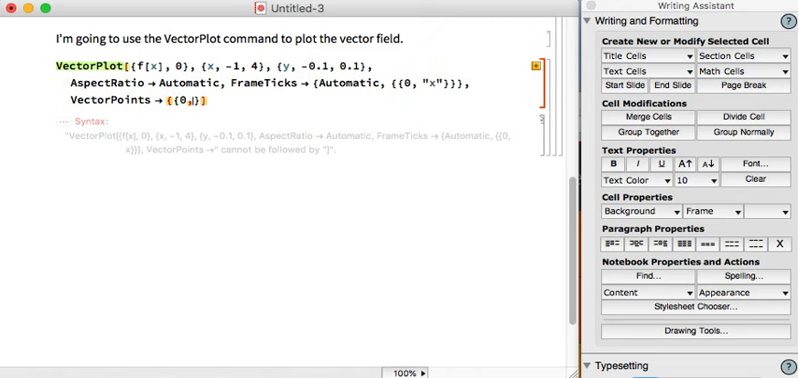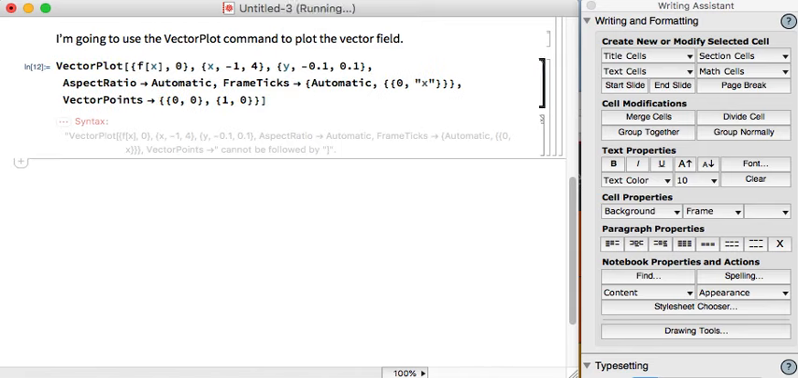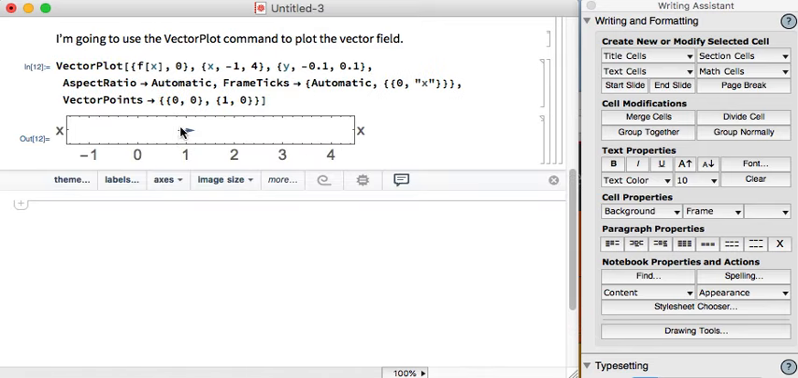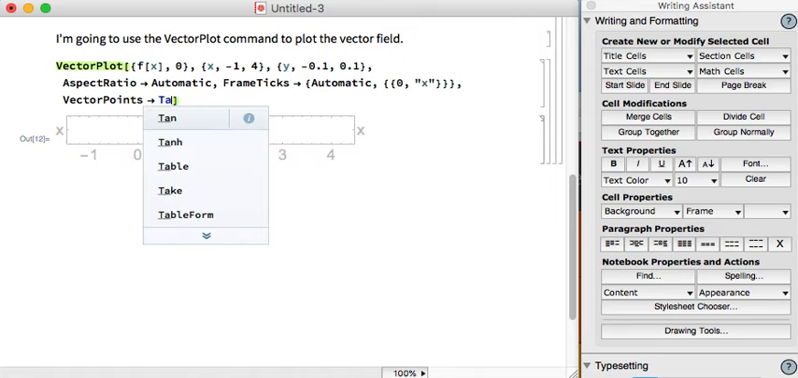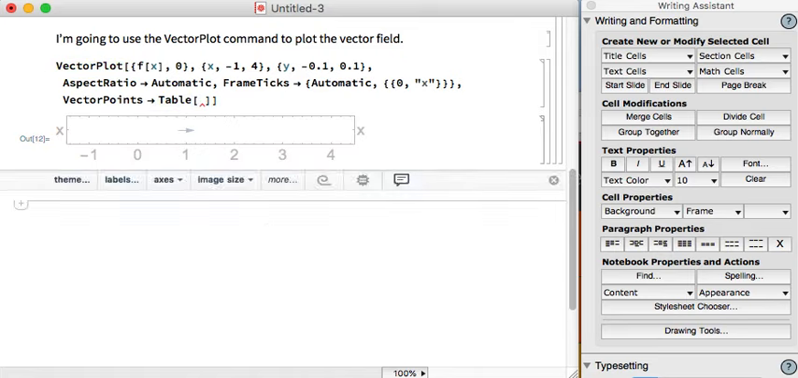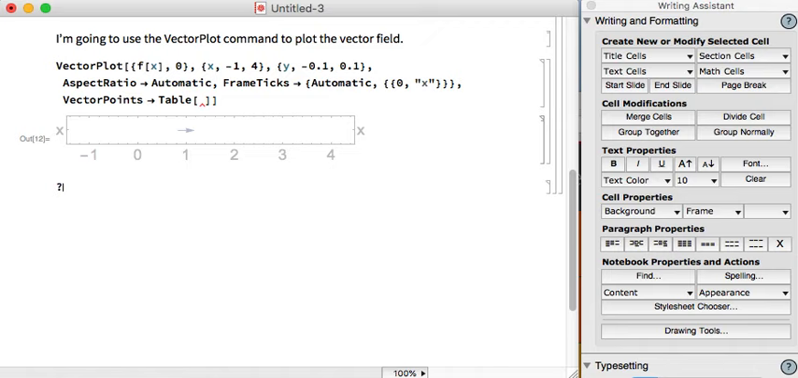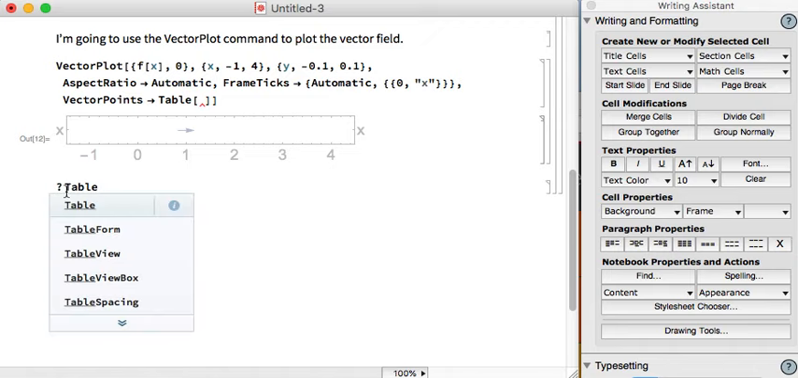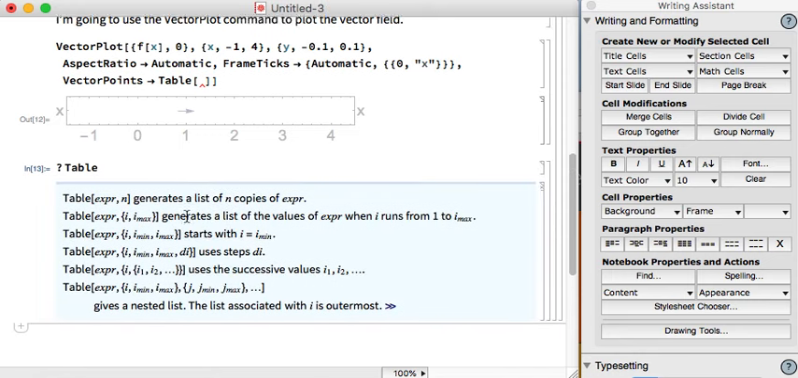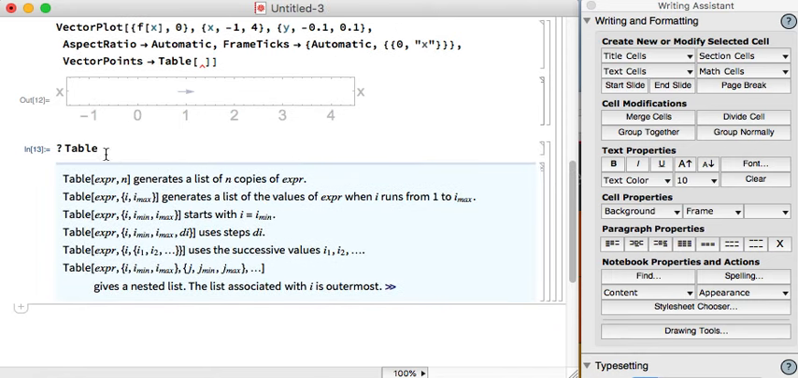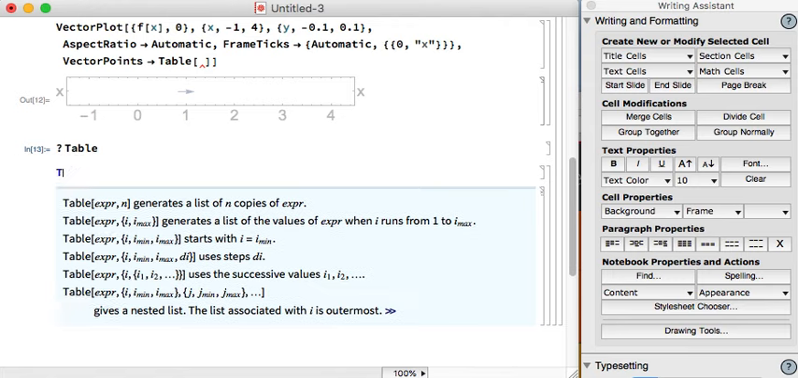For example, if I put in 0, 0, 1, 0, I get one of the vectors I want. I could enter all the points that I want by hand, but actually I want a whole list of points, so I'm going to use the Table command because that command is able to generate a list of points for me. And if I'm curious about the syntax of a command, I can just type a question mark and then the name of the command. Table of expression comma n generates